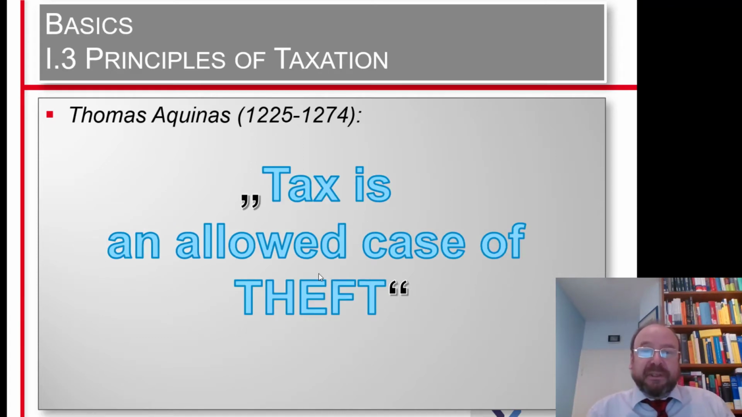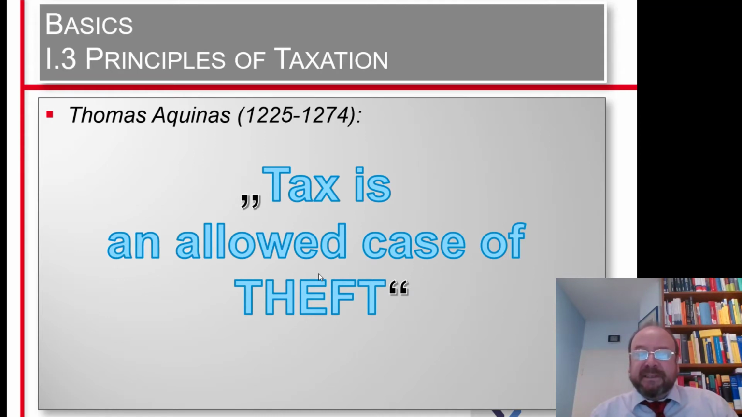If we go back to nearly the Middle Ages, or the end of the Middle Ages, there was a famous professor, famous researcher, a doctor, Thomas Aquinas, who, among many other theories, brought forward the nice insight that tax is nothing else than an allowed case of robbery. He called it an allowed case of robbery or theft. And indeed, if you look to the basic nature of taxation, that's not far away from the truth, or even that is the truth,